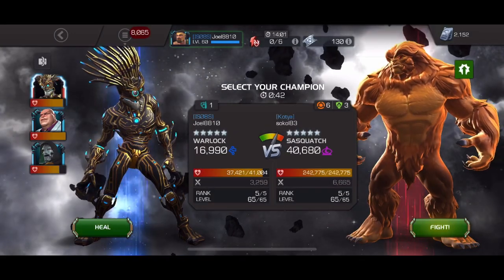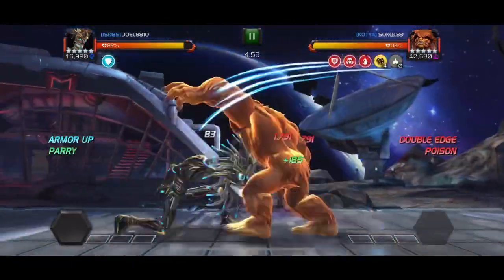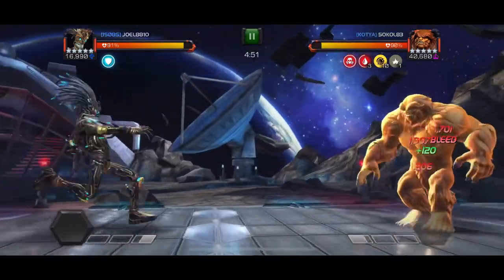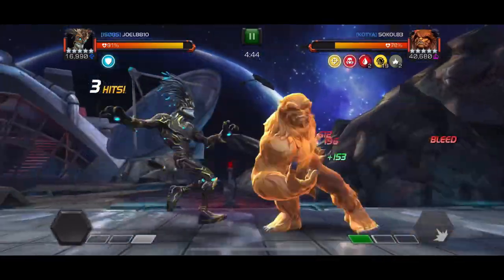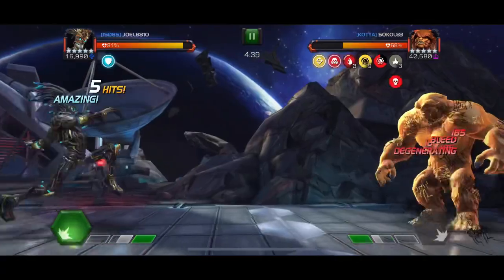We've got this Sasquatch. We heal up Warlock. Easy Sasquatch fight with Warlock, plus he's running recoil and stuff, so he's taking damage already. So here we go. We're just going to parry heavy, get some bleeds on him, get the degen on him, keep the